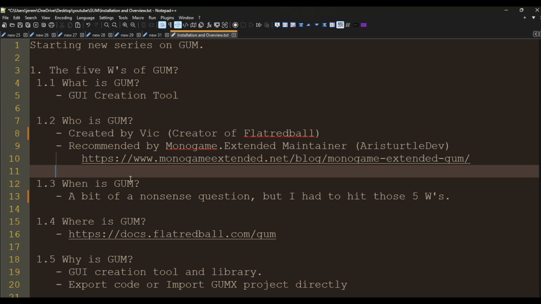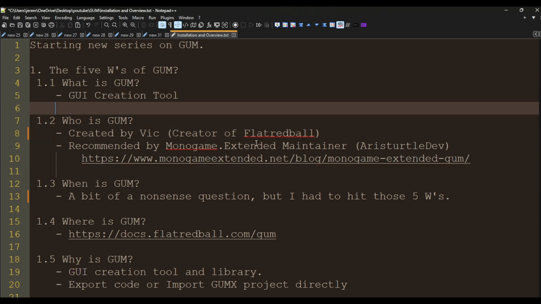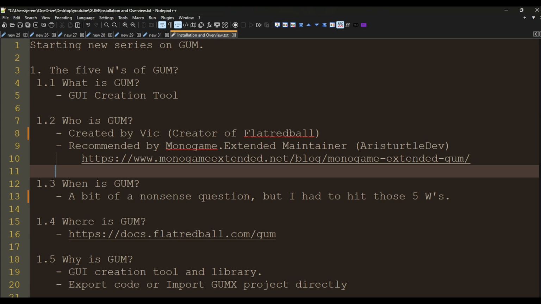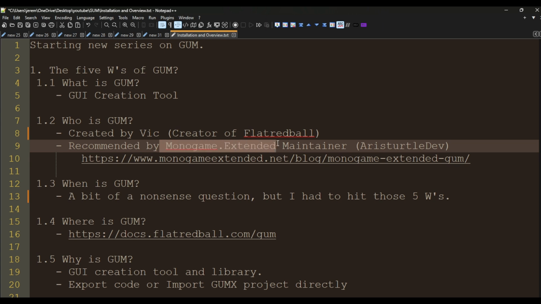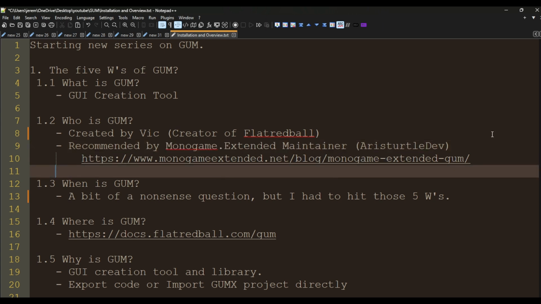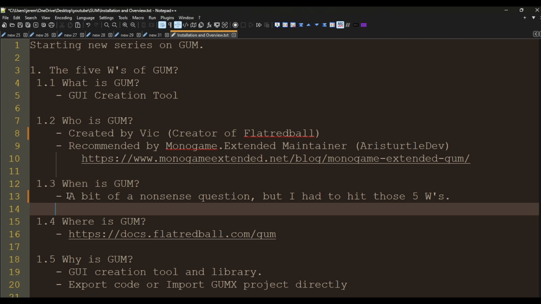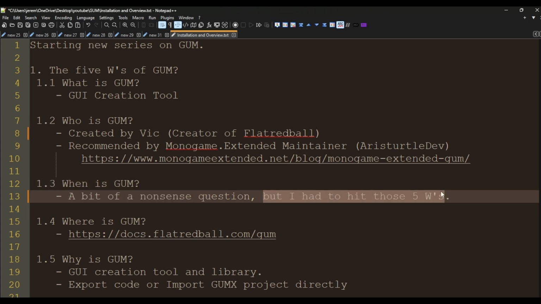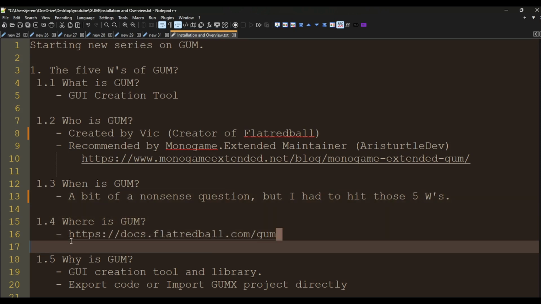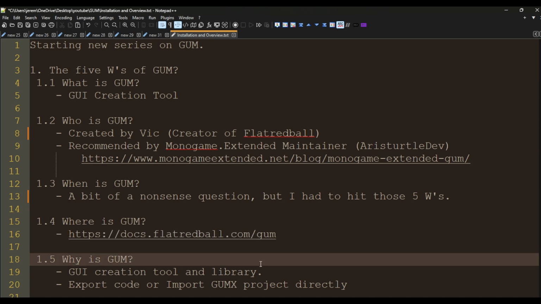Who is Gum? Gum was created by Vic. He's also the creator of FlatRedBall. This is recommended now by the maintainer of monogame.extended, and this is an article talking about that. When is Gum? I just put this in here to be funny. There's 5 W's. Who, what, when, where, how, why. Where is Gum? We already went over that. You can go to that link to either download it,